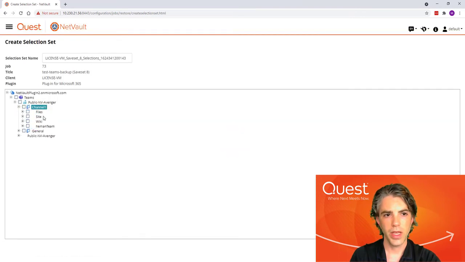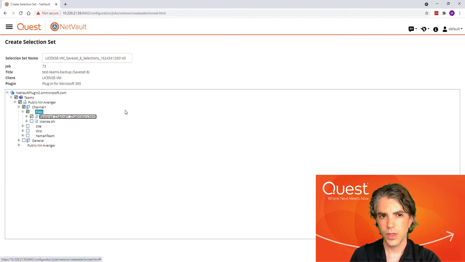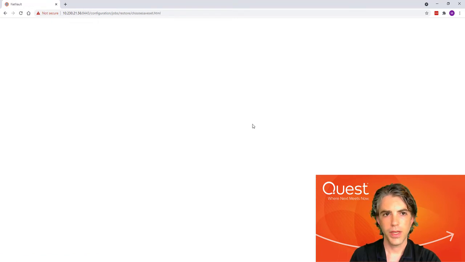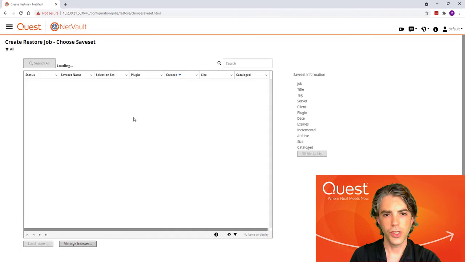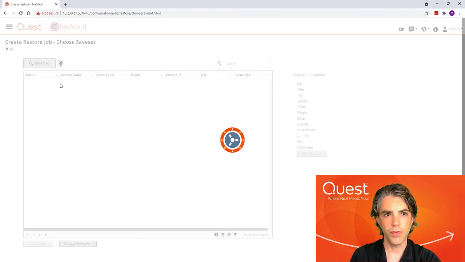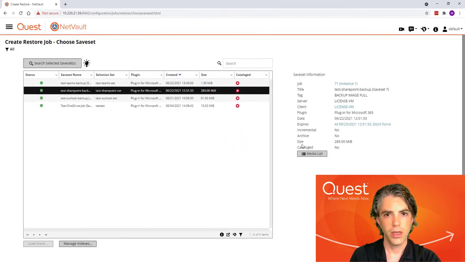In that channel, we have a wiki, we have a site link, and we have a couple of files. So here we can recover just a single file. We can recover the whole channel or the whole team. But let's now go and take a look at the SharePoint site, and I'll actually run a recovery now just to give a close demonstration of how this all works.